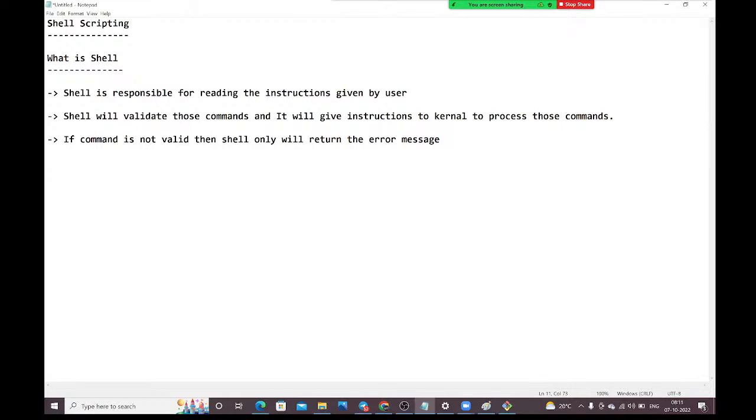Shell is responsible for reading the commands, guys. Shell is responsible for reading the commands given by the user. Shell will validate those commands and it will give